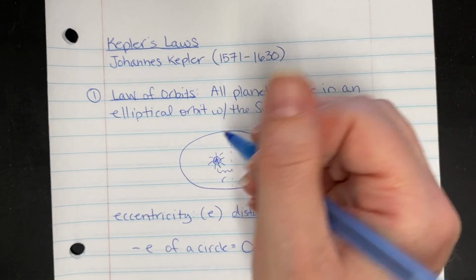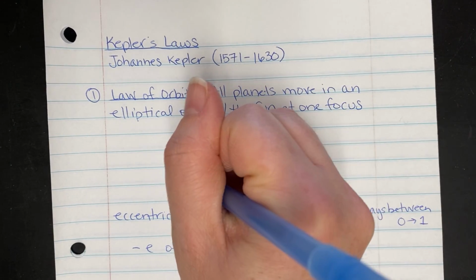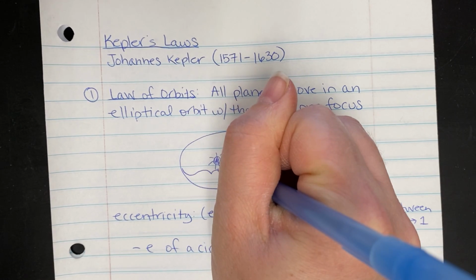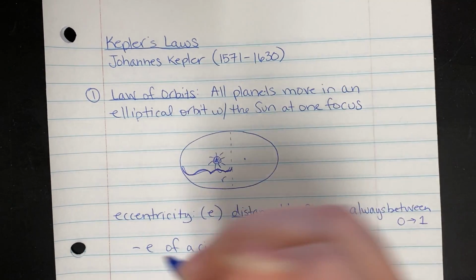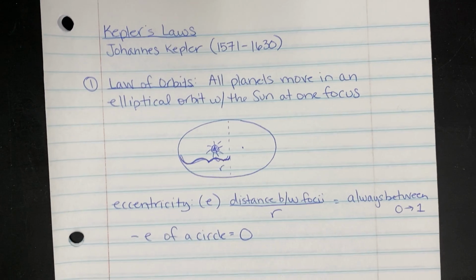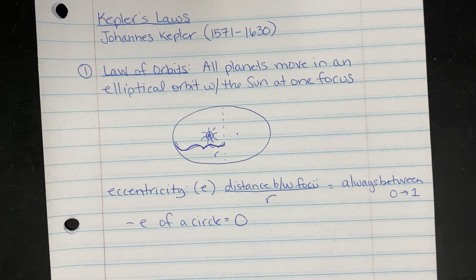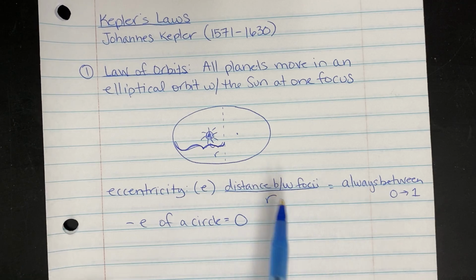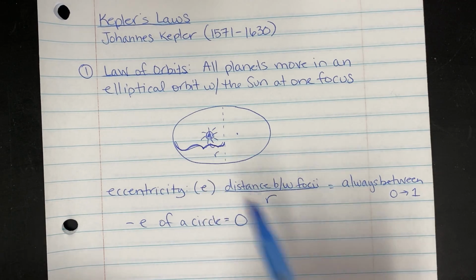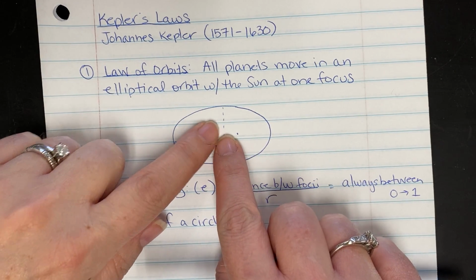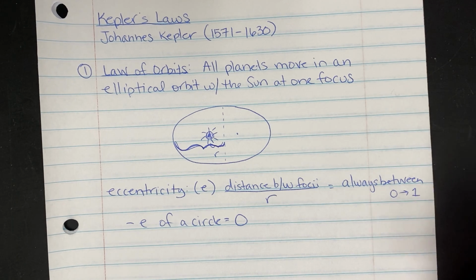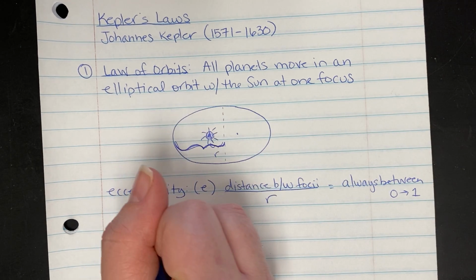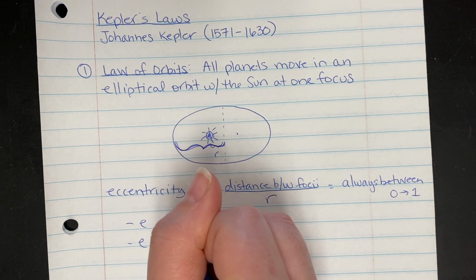Oh, you know what? I think I drew r incorrectly. If this guy here is r, I'm so sorry. That's the radius. That would make sense that it was r. Oh, come on, Mrs. McBride. Okay, so if we have a circle, you would think that the 2 foci are together, or you would get r over r. The eccentricity of Earth